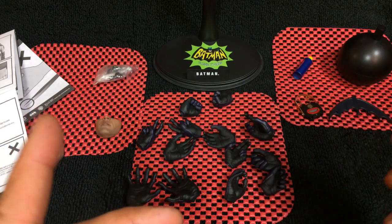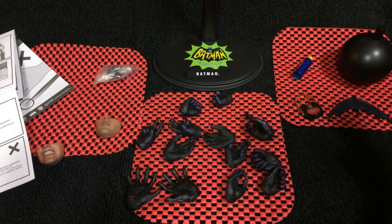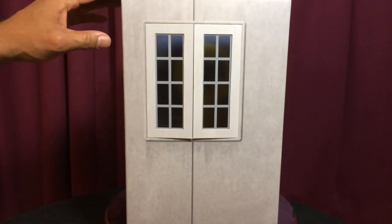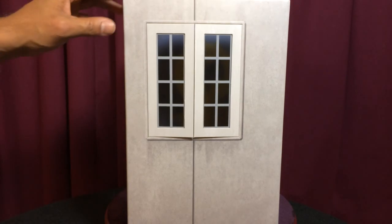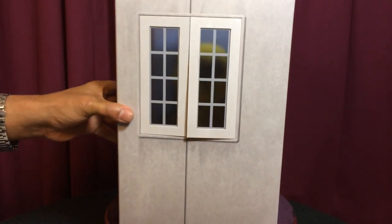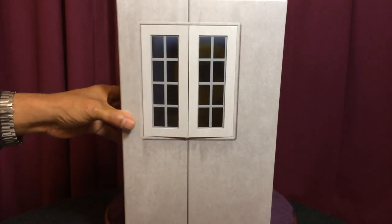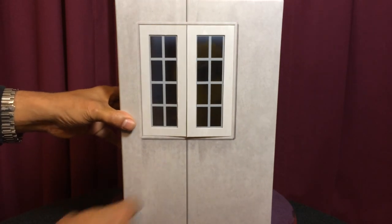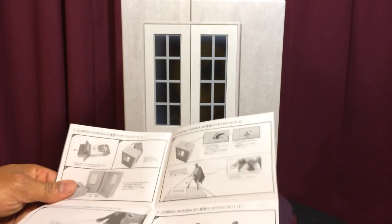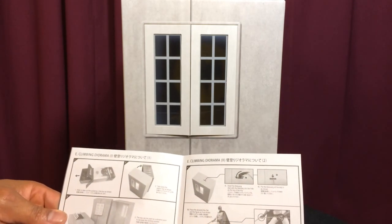And that wasn't enough. Check out this pièce de résistance of accessories. One of the greatest accessories that Hot Toys included in this Batman is the actual box itself, which if you pull it out on the inner sleeve of this box, the box that actually cradles the Adam West body and the accessories, it converts into what they call a climbing wall diorama. And on the action scenes, on the actual instruction sheet, they show you how to use it and convert it